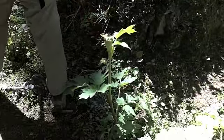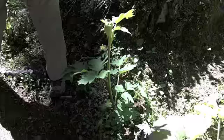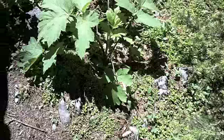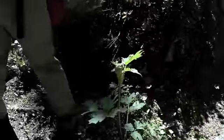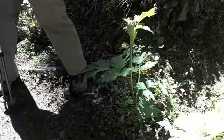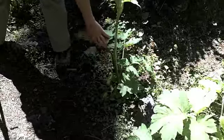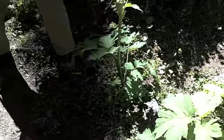Once it flowers, it'll grow up quite tall and be a big round umbrella of white. And when it does that, the stalk that it's on will also be edible, and it tastes a bit like a super potent organic celery. My favorite way to cook cow parsnip stalks is with feta cheese. They're hollow stems, so you can just stuff